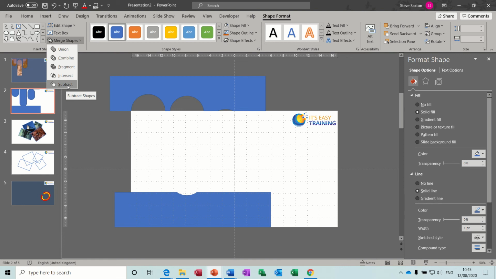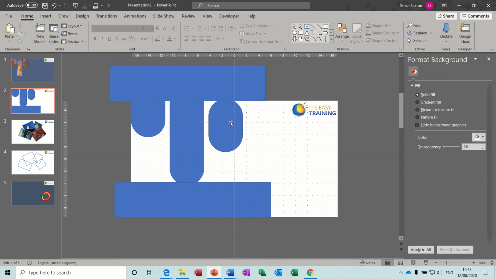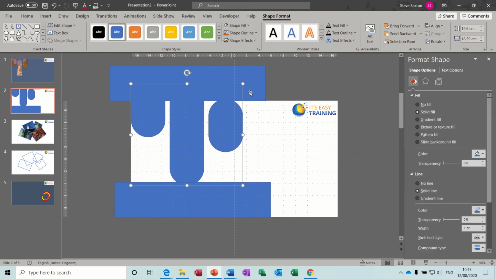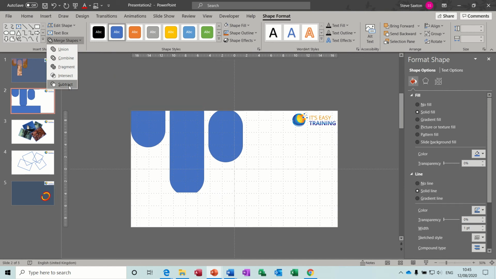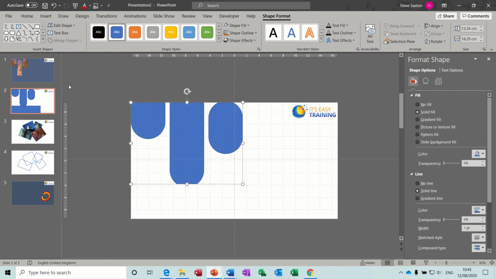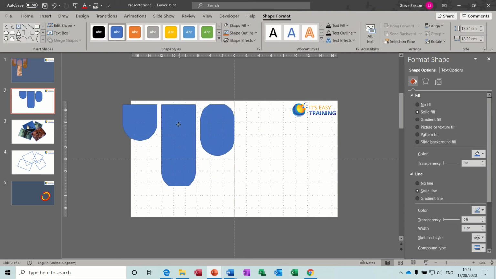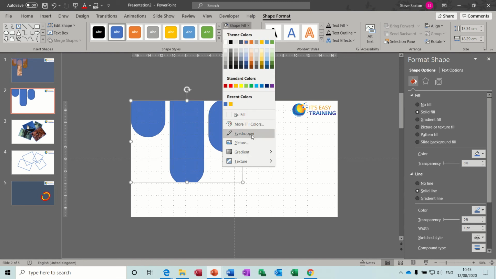to get rid of the bits I don't want, but it's not selecting the right things there, so I need to click off this, click on, and then click it that way around. So if I just click on that one, hold my shift key down and then click on that one and then select subtract, that gives me the subtraction in the shapes that I want. So that's just a shape now that I can place anywhere, and then I can put a picture in that,